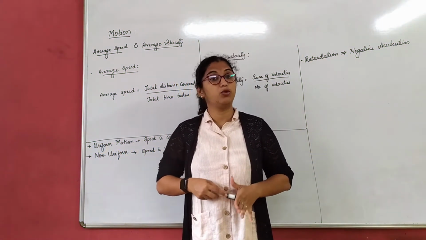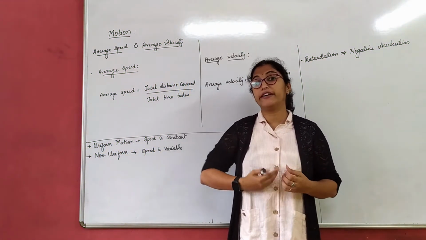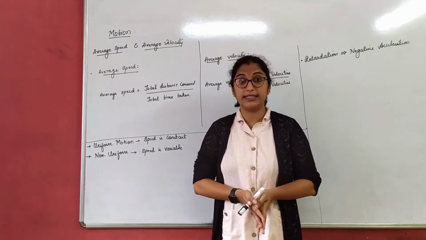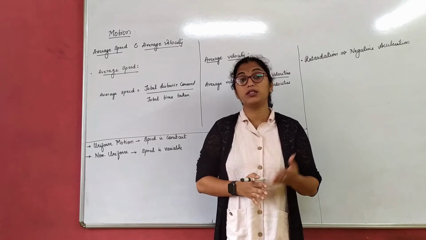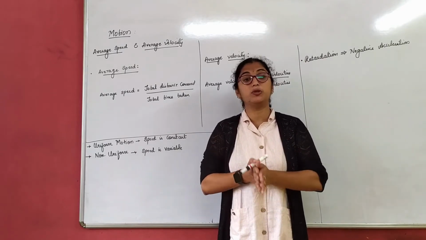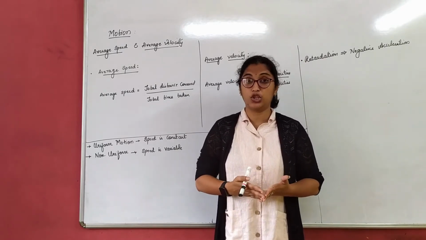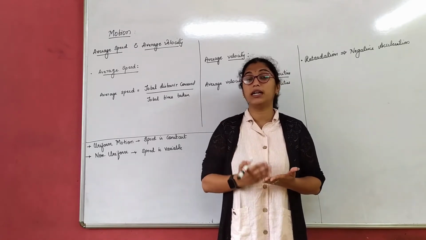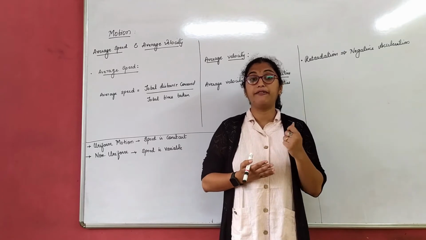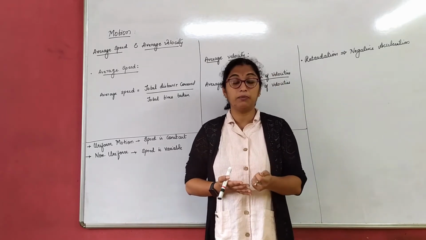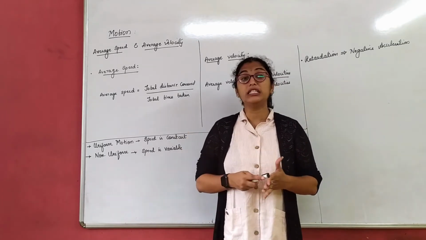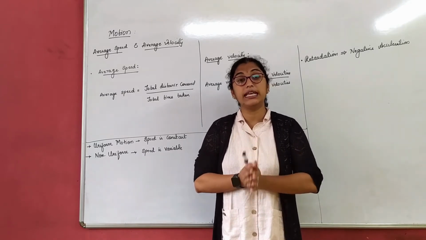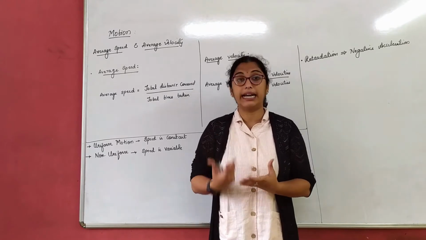Till now in chapter motion we understood what physical quantities are. That means we understood scalar and vector quantities. In yesterday's class we understood distance traveled, displacement, speed, velocity and acceleration. We also understood that distance and speed come under scalar quantity because they have only magnitude, that is a number, whereas velocity and acceleration come under vector quantity since they have a magnitude with a direction.